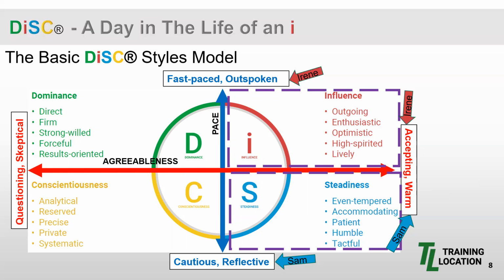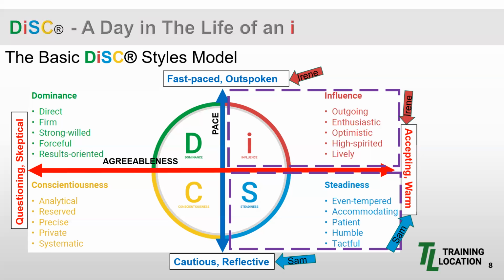Now, to Irene, Sam seems calm, humble, and compliant. And whenever there's a question, Sam is always patient and eager to help. However, Irene is more about taking action, keeping up the enthusiasm, and valuing collaboration. The S approaches change cautiously and avoids rushing into things. However, let's not forget, they do have something in common, the expectation of a successful project implementation for the company.